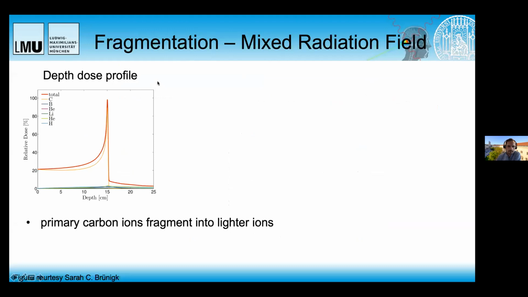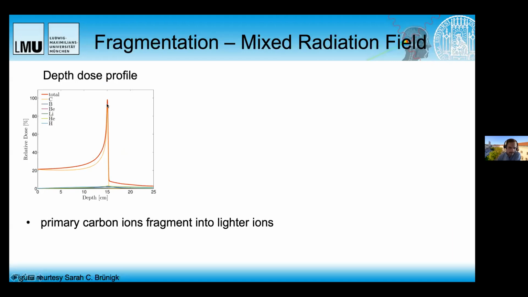So we have to look at first some basics. Here we see the depth dose profile of a carbon ion beam. And when we're shooting carbons into tissue or water, it starts to fragment into lighter ions. And all these lines, they also contribute to